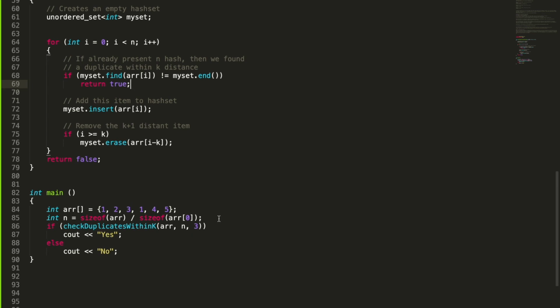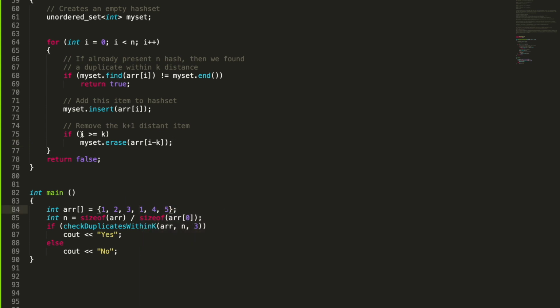Initially the hash set is empty, so this won't return anything, and you keep inserting the elements in your hash set. So 1 2 3 gets inserted into your hash set.